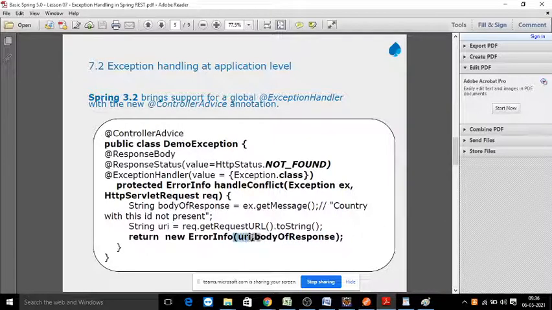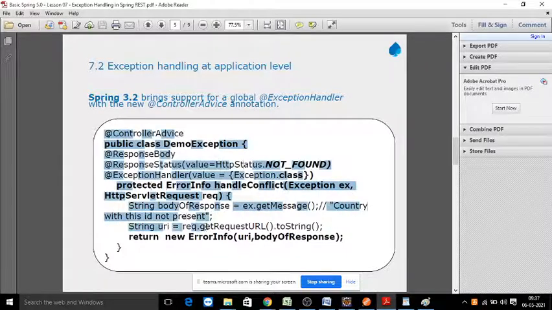And the other parameter is the URL, meaning the URL which is not capable of handling your request and response. So that is the URL you want to show, or the URL which is not getting executed successfully, due to which you are getting an exception and you are going to display a message. That is the purpose of the ErrorInfo class. But it is not mandatory to display every time in this format. You can directly take the string and return that string, so that the exception message will be displayed.